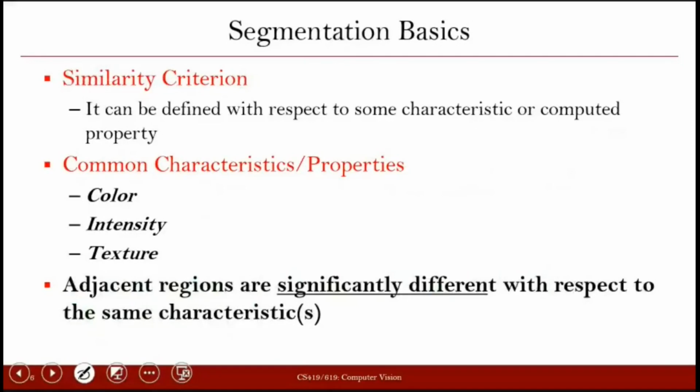Now, when we are segmenting the image into homogeneous regions, where in one region the pixels have similar characteristics, this similarity can be defined in various ways, right? One of the criteria could be color. If all the pixels have the same color, then we can say that they are similar. Or if it's a grayscale image, if they all have the same intensity, then they have the same characteristic and belong to the same region. Similarly, we can also use textural information to define the common characteristics.